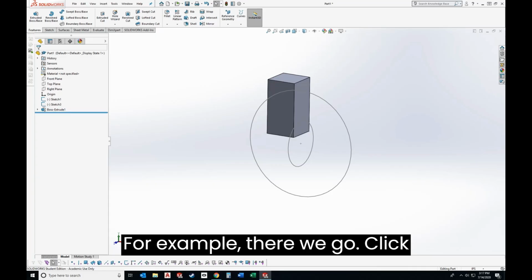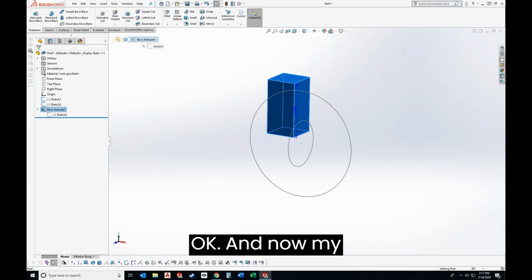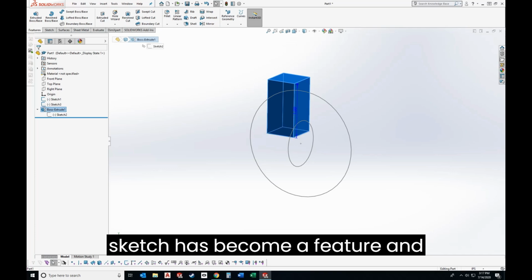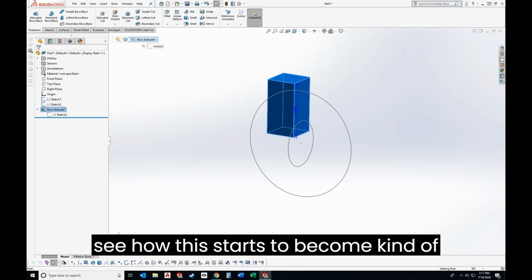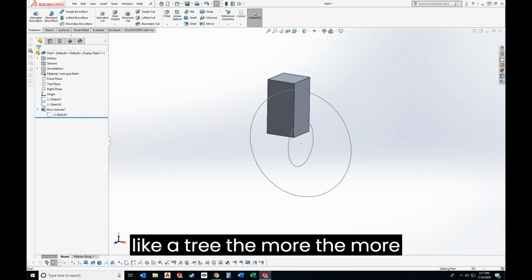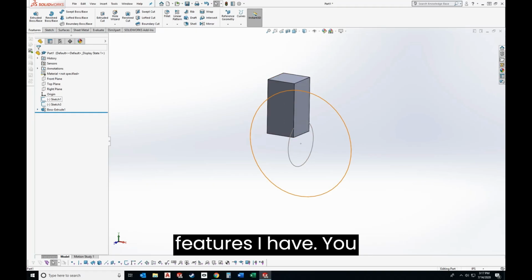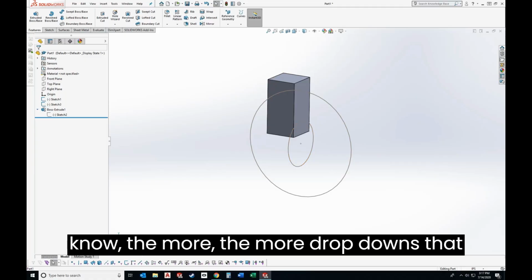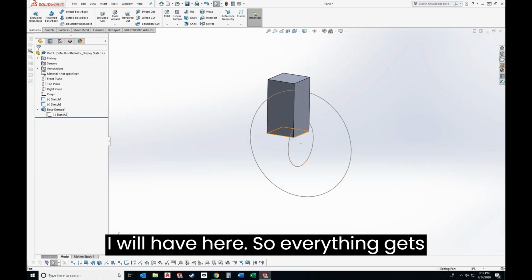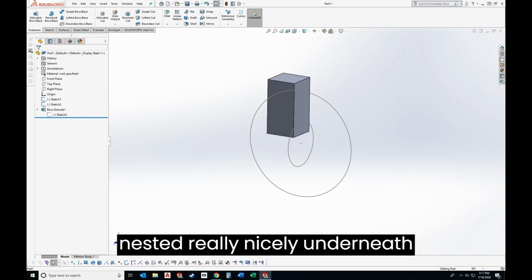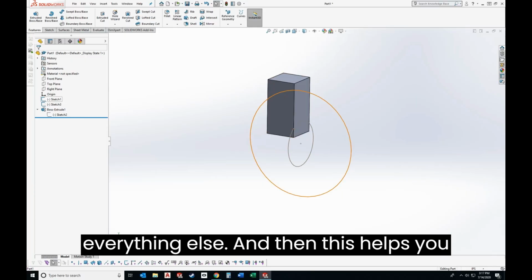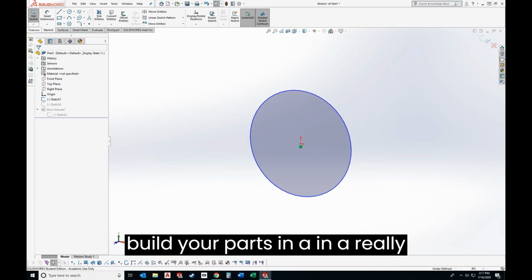And now my sketch has become a feature, and see how this starts to become kind of like a tree. The more features I have, the more drop-downs that I will have here. So everything gets nested really nicely underneath everything else, and then this helps you build your parts in a really organized way. So for example, if I did the same thing on Sketch 1,